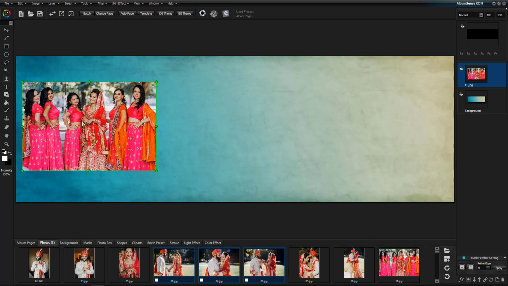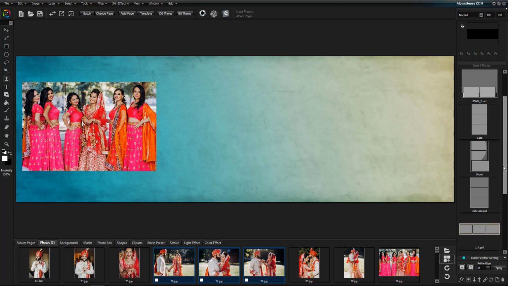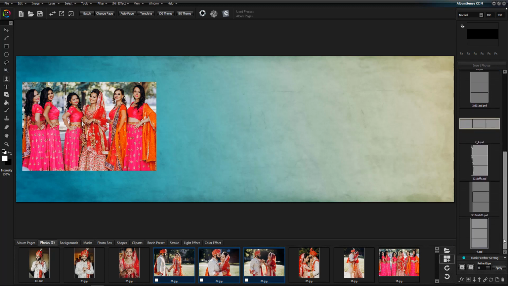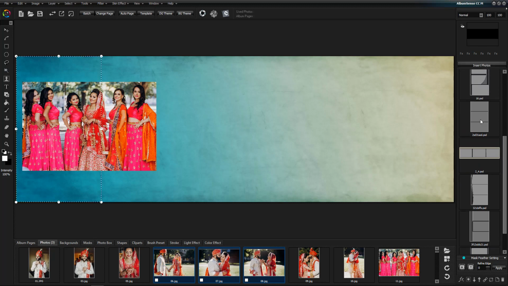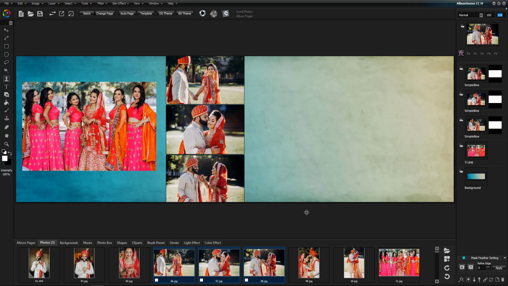Then if we want to put three photographs with a particular design, we have a sequence template or multi-box facility here. We select the multi-box. It will give us the layouts of three photographs. Here we have selected this layout. We want to put our three photographs here. Just select the space and adjust it and click on insert photos. Our three photographs are attached here.